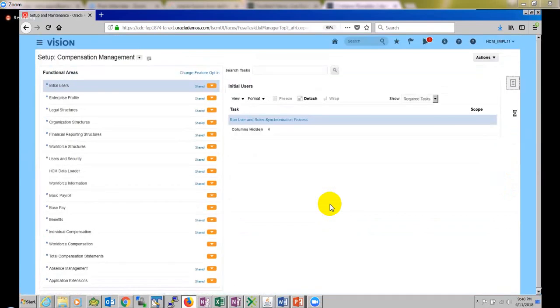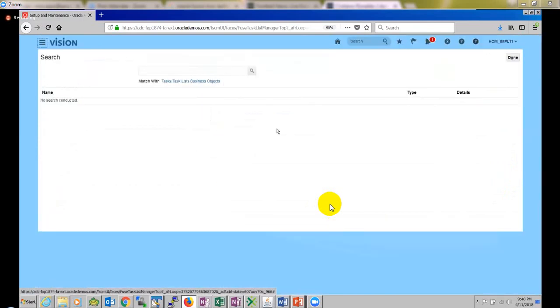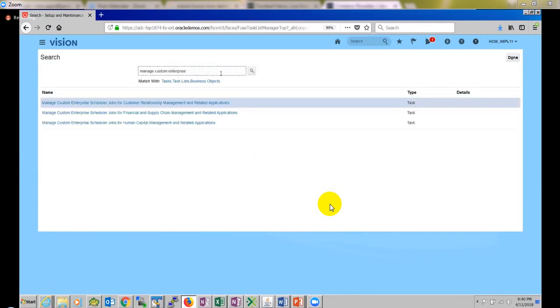In Setup and Maintenance, I'm going to search, and in this search, I'm going to manage custom enterprise. And here, now what I will do, I'm going to create a request set to run two